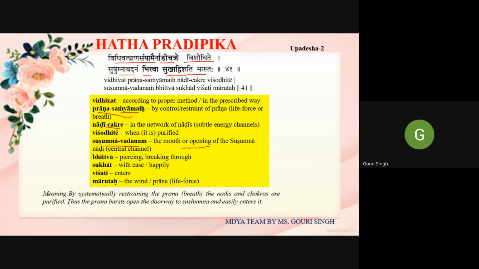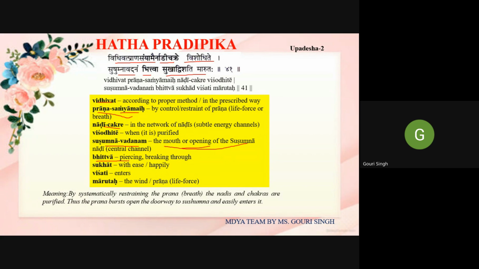You have to perform with your concentration at Bhrumadhya. You have to control your breath, and your mind will be controlled, and you have to focus on the eyebrow center. If you are performing like this, what happens? The prana, or the air which is present inside the body, becomes clearer. The nadis and the chakras will be channelized so that the flow of the prana is proper in our body. So it opens up the mouth of the susumna nadi.